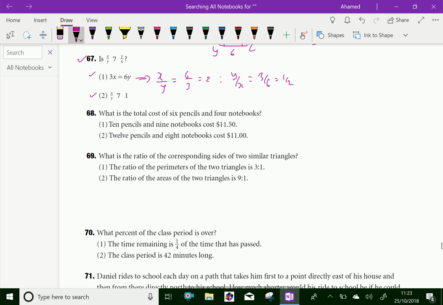So for question 67, each equation individually is enough to solve this problem, that is option D. That is, A is enough separately, B is also enough separately. Then